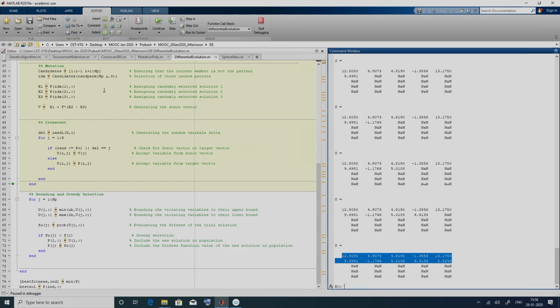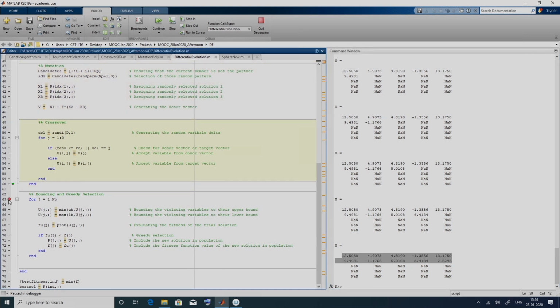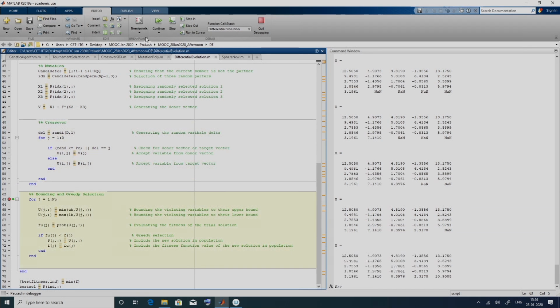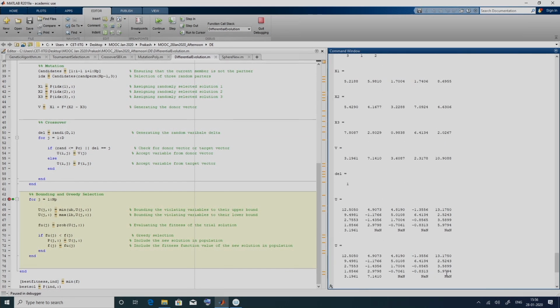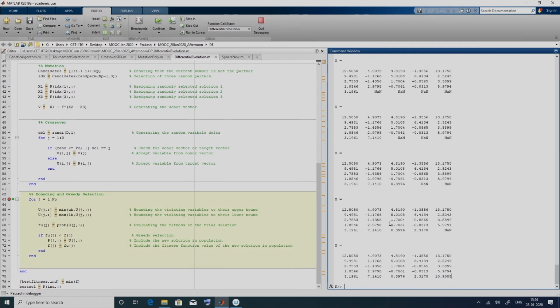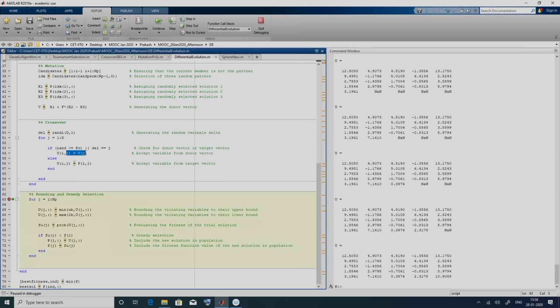Similarly, you can debug and look for all the other trial vectors. What we will do is, we will have a breakpoint over here and we will click on continue. So now all the 5 trial vectors are generated. Since it is similar, we did not go through each and every solution. We had seen both the cases wherein it goes into this if condition.